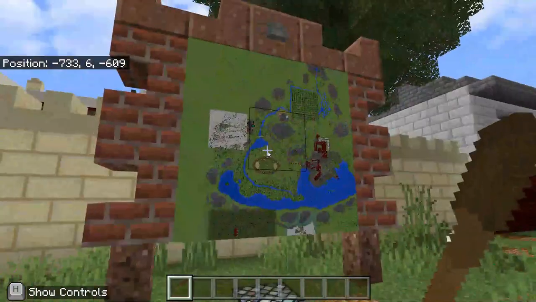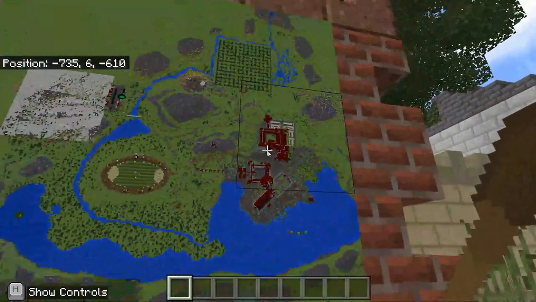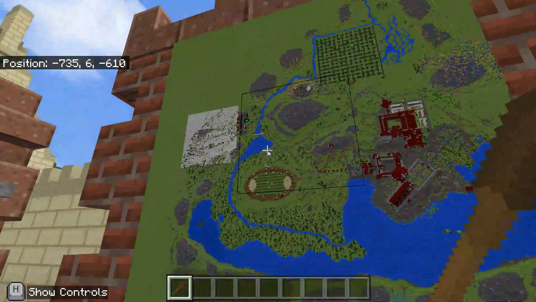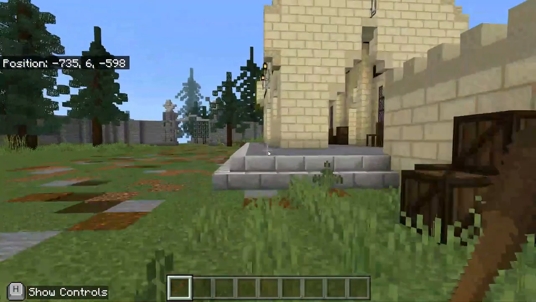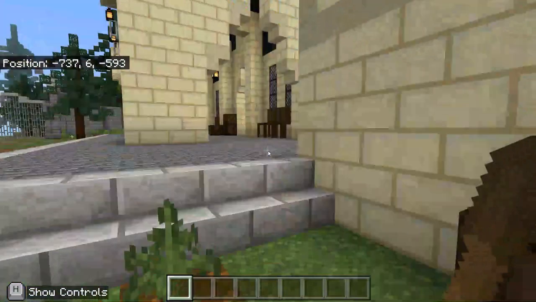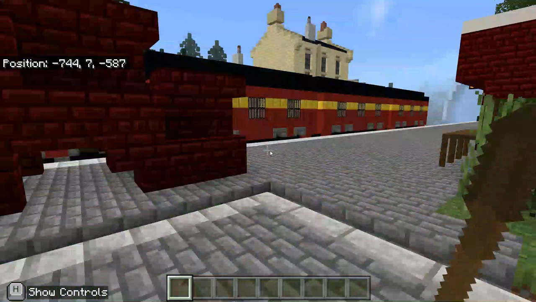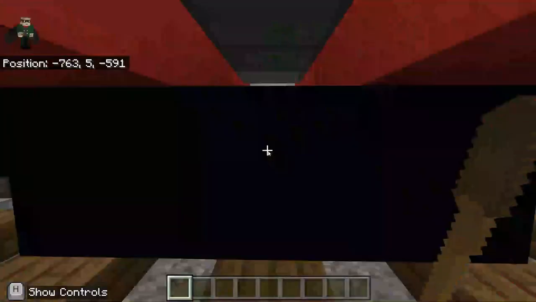But you start out at this sort of main area. There's a general map of kind of what is where, and you can see the Hogwarts grounds and all the different features of Harry Potter here. I'm going to go ahead and walk through, and the first thing you get to see is this beautiful creation of the train for Hogwarts Express. I'm just going to go ahead and walk, and it's a bit of an awkward step up to the train,